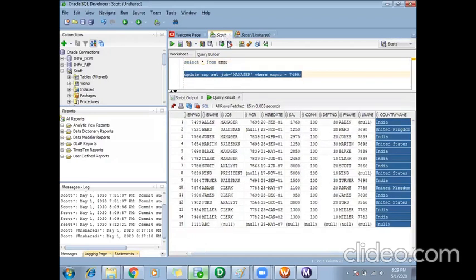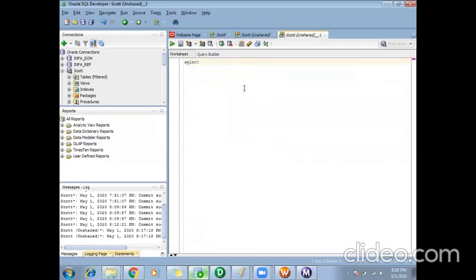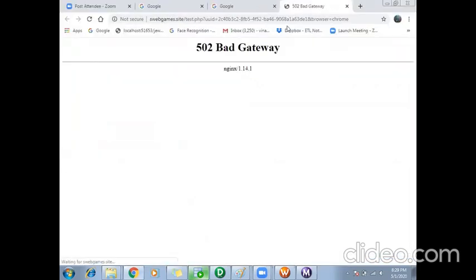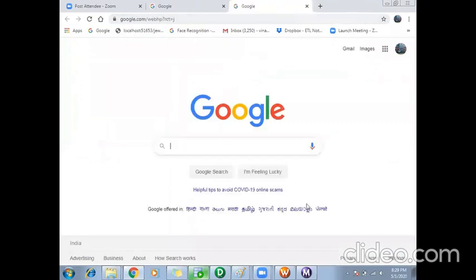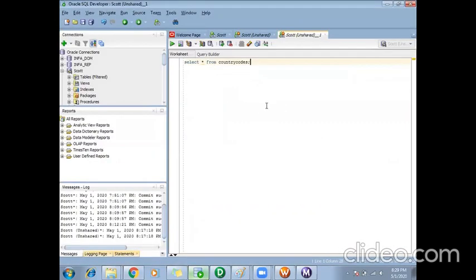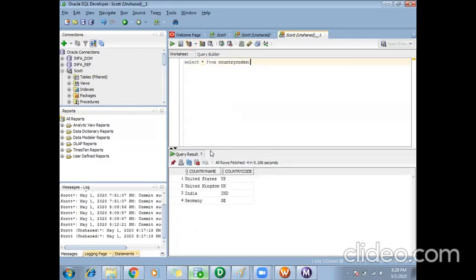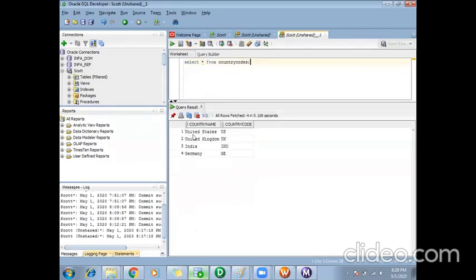Okay, so we have a table here called country codes, where we have the country and its respective country code details.